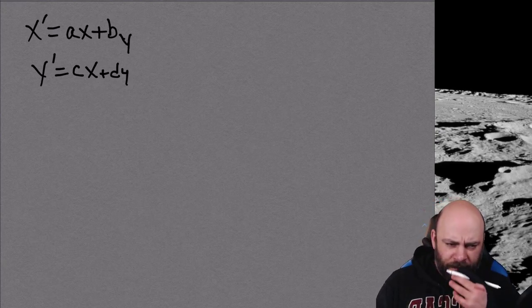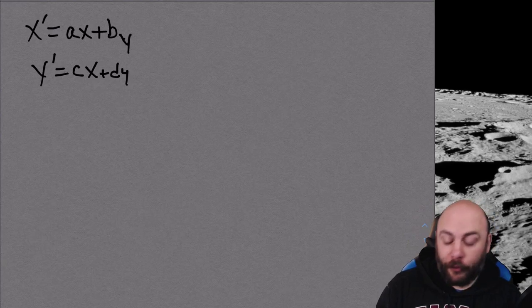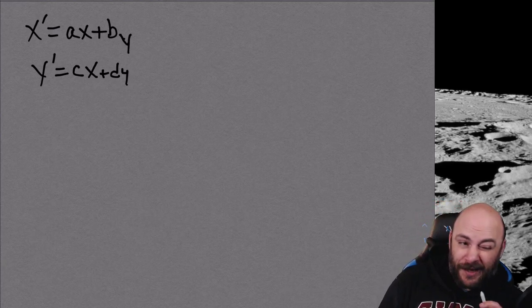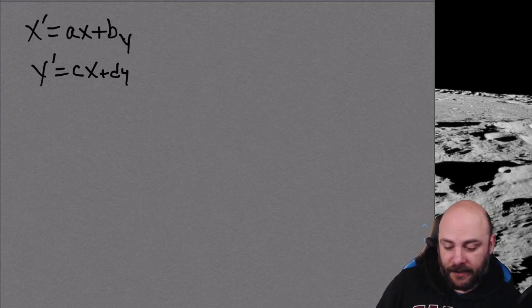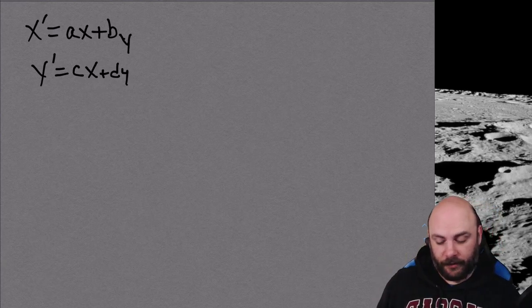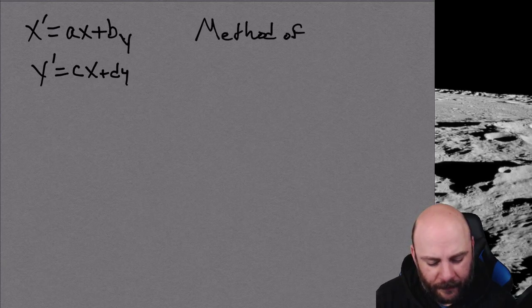Now, I think we've done the method of elimination before, but we're going to be doing it again and again and again. We're just going to show these things over and over again. But I will also argue that every two-dimensional linear system can be turned into a second-order differential equation. And I think I'll make a short video doing a really ugly one, okay? But the method of elimination, as it is called in the book,